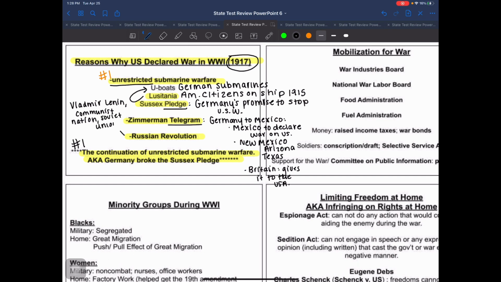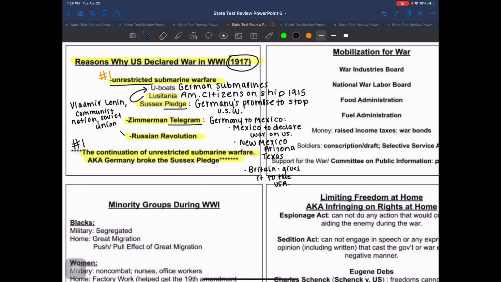And the first thing that Vladimir Lenin does, and there is honestly a whole backstory to Germany actually having Vladimir Lenin in one of their prisons and releasing him to go do all of this. But when he takes over Russia and establishes it as a communist nation, and he becomes the leader of the first communist nation, the first thing he does is surrender to Germany.